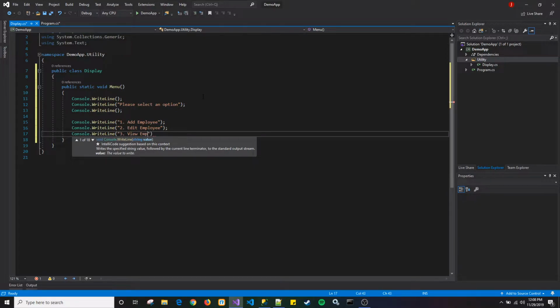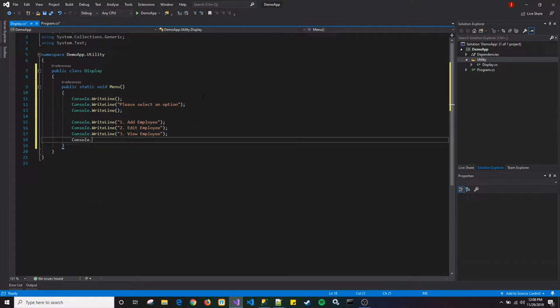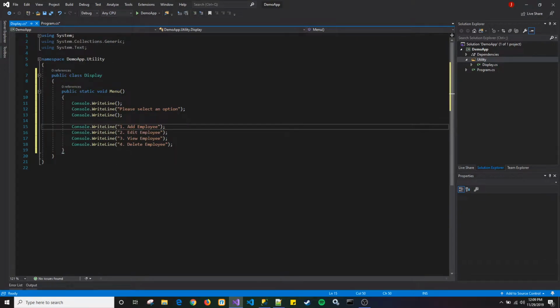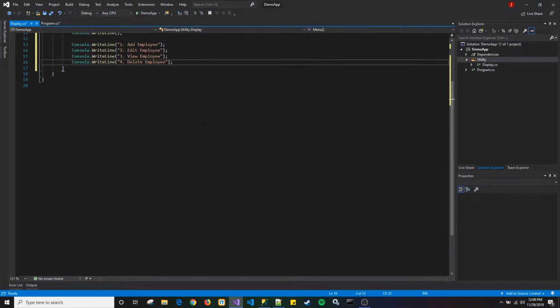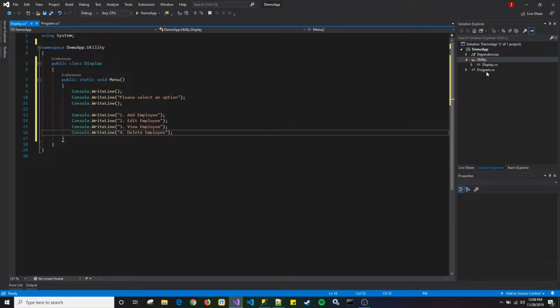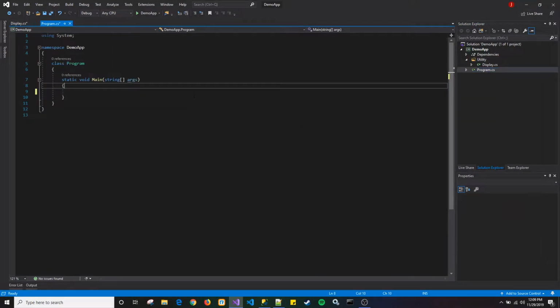View employee. All right, almost done. Delete employee. All right, it's just going to display our basic menu here. So I'm going to go back to our main program,